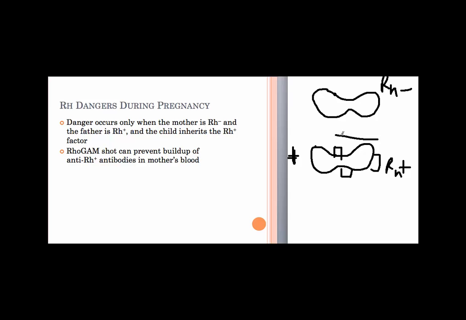However, if that fetus's blood enters into the mother, she is going to recognize this rectangular shape or this square shape as foreign, and because of that, it's going to increase the production of antibodies that are going to target this type of antigen. Okay, so over time, we're going to increase the production of antibodies that are going to target those square shapes. Now, this is going to be problematic if now the mother has lots and lots of anti-Rh,